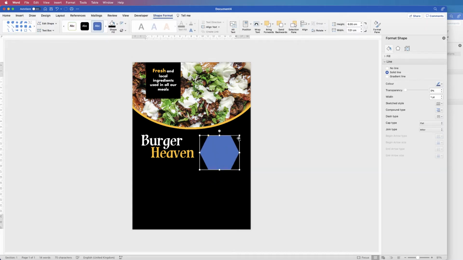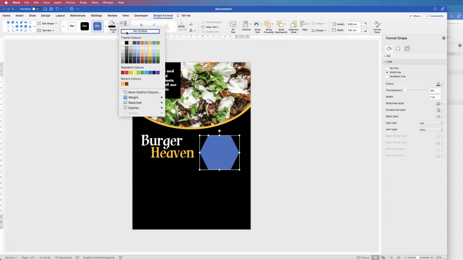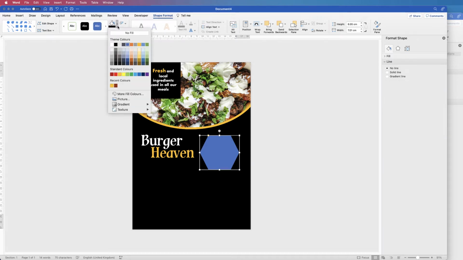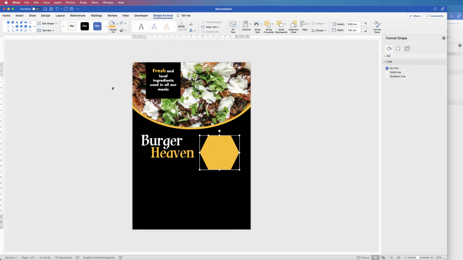There we go. And then again to Shape Format, let's just take out the line, and then we'll go down and change the fill color. We're going to copy and paste that to make a second one. Holding down the Alt key, just click and drag. And then I'm just going to reduce the size of this, hold down my Shift key so that it maintains the same ratio. Now you can't see that, so I'm going to select it,